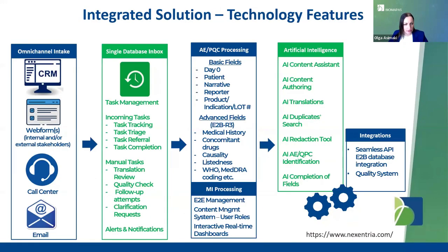And saying technology, I am coming to this slide. I wanted to show you our suggestion about efficient processing of adverse events, medical inquiries, and PQCs. As the volume increases, we always have, either as a CRO company or as a pharmaceutical company, medical devices company, biotech company, to identify a model and a flexible system that can bring immediate returns, not only in